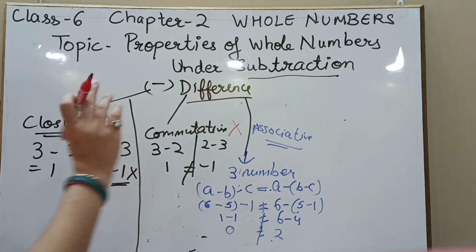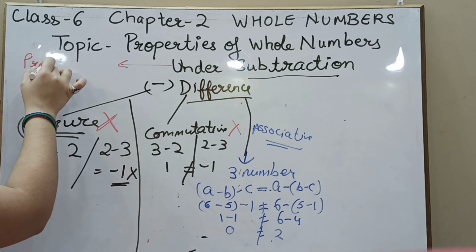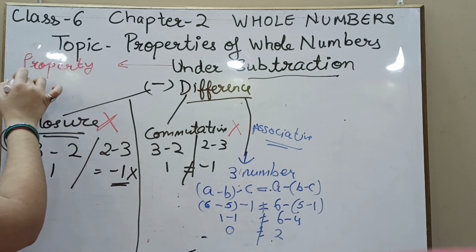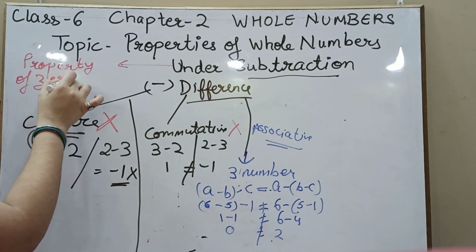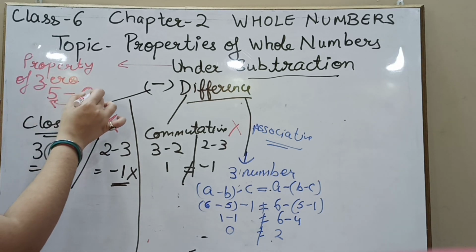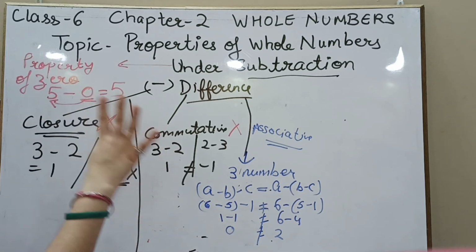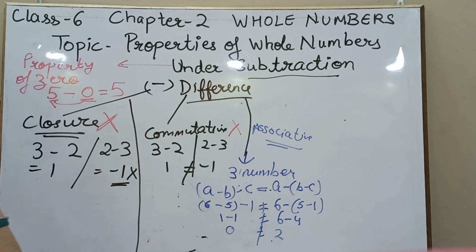That property says the only property which is going to hold true is property of 0. What does property of 0 say? Property of 0 says that if you subtract 0 from any number, 0 को मैं अगर किसी भी number में से subtract करूँ, I will get the same number. I hope that 4 major properties are clear to you. You need to practice more and more questions to make the concept more clear, and do practice your NCERT concepts. That makes your concept much more elaborated and clear.